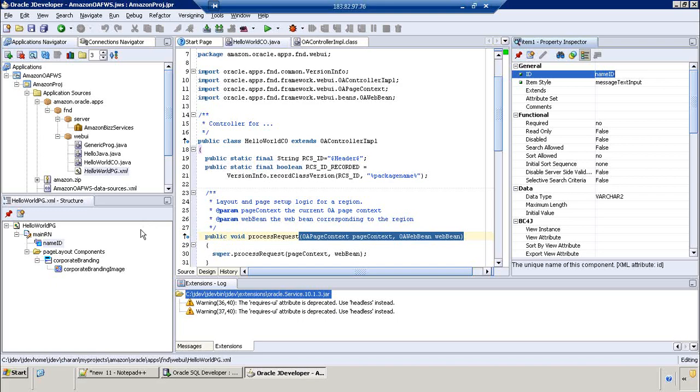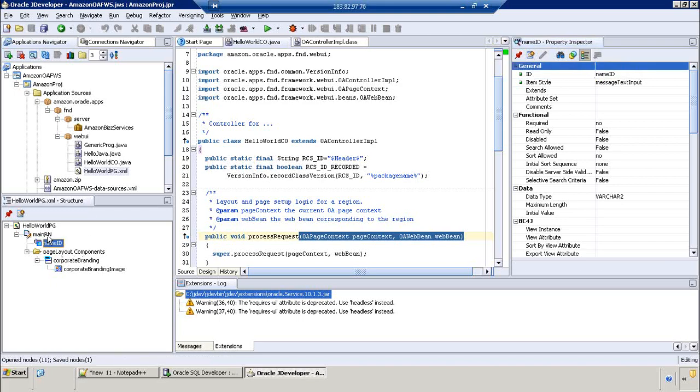Nothing but like within a particular block, the variable name should be unique, right? It can be any language. Within a particular declaration area, the variable name should be unique. The same concept here. And in the main region, again I'll click on new item,